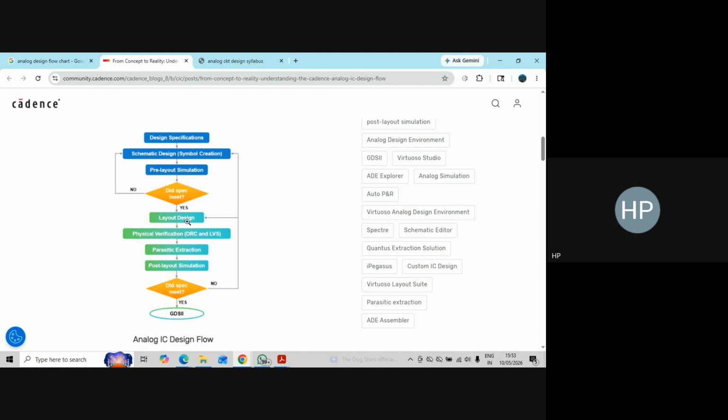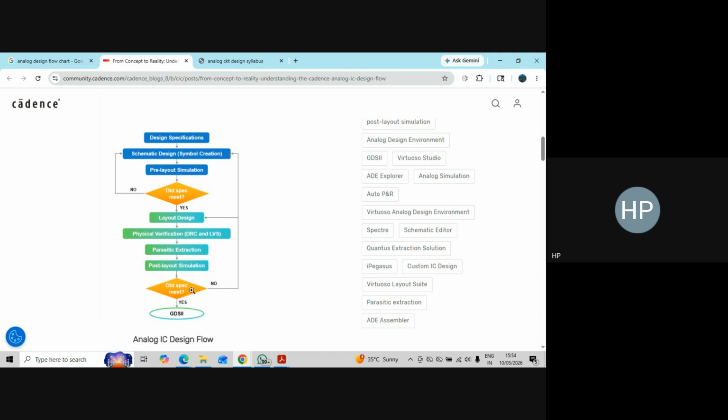Now the layout design engineer will design the layout for this 5T OTA. After designing the layout, they will do the DRC and LVS, and then they will do the parasitic extraction. Then we will take that extracted file and put it into the config of that test bench, and we will do the simulation. That simulation we call the post layout simulation. If we are meeting the spec, this is okay, and if we are not meeting the spec, then again